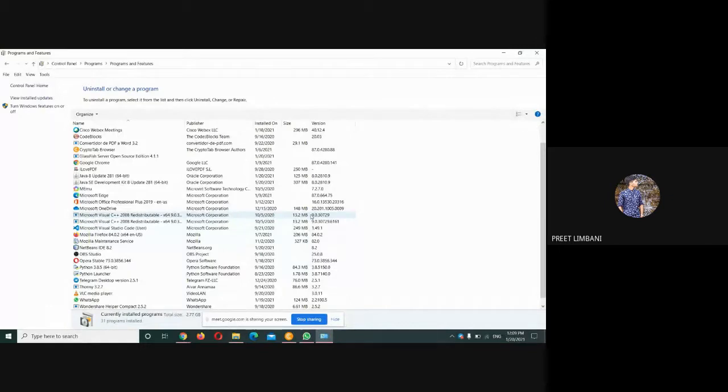Once NetBeans gets installed, I'll help you out with getting the path done for JDK so that NetBeans will open fine. All right. That error has to come. That error will come on everybody's device. That's fine. I want you to see that error and how to resolve it. That we'll see. All right. Okay, ma'am. Please wait for a couple of minutes. I'll be sharing my screen again. You can stop sharing.